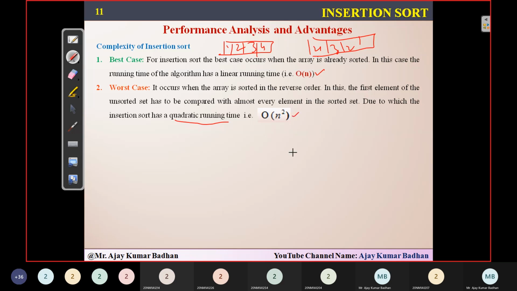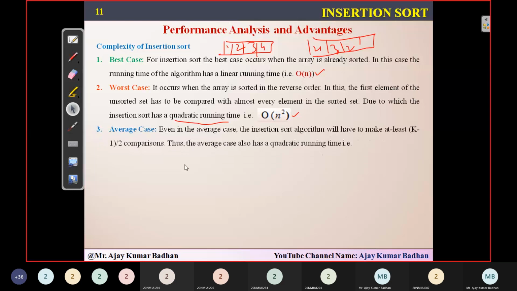So it is going to take order of n square time in order to perform it. Please do remember, if someone asks you what is the complexity of insertion sort, you have to say that it is n square. Why? Because when you are performing the worst case and the average case, your time complexity will always be order of n square.